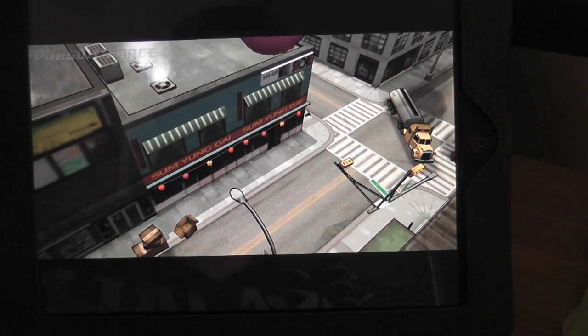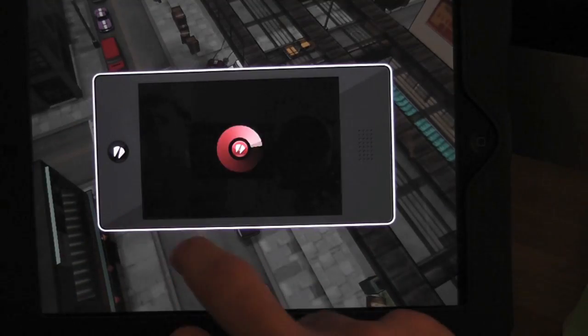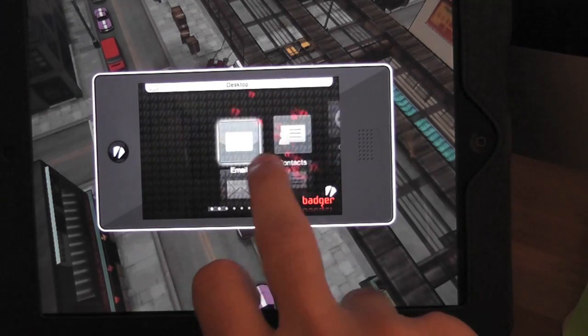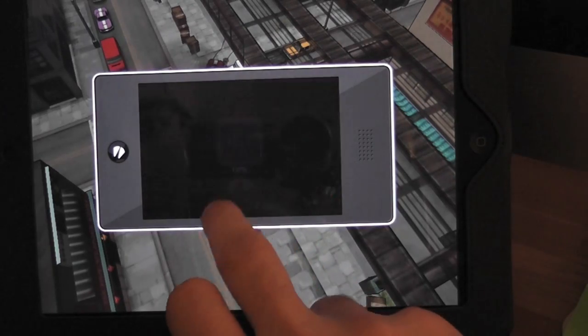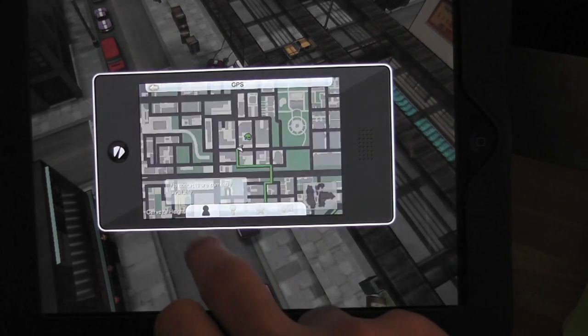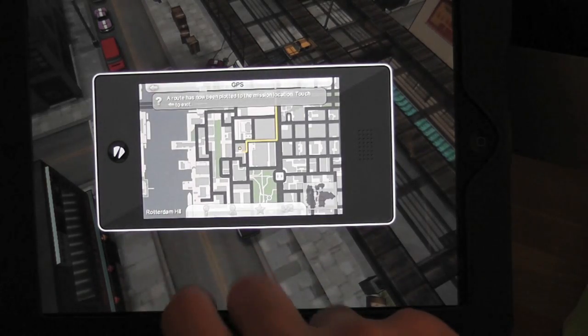The music on this is fantastic, the soundtrack's absolutely superb. And no, I'm not going to show you the story because it is going to ruin it for you. So here I'm doing a mission and I'm taking this guy's car and I can pretty much check the GPS, which is very, very neat. Shows me where I can go. It'll guide me through. I've got a map in the top left hand corner, but just GPS is just showing